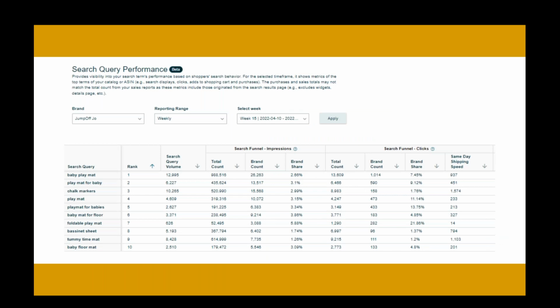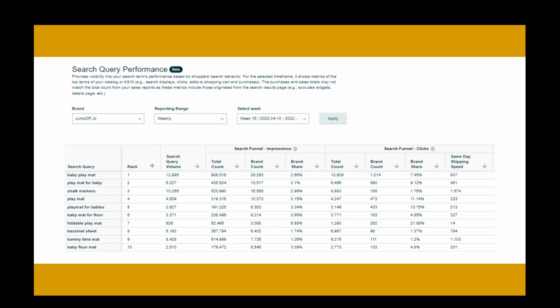Awesome. And then, as I mentioned before, this is the search query report that is in beta. Really great information that's presented on here, so we can see for a given brand just which search queries we are ranking for, what the volume of those search terms are. Again, our brand share, so how much we're showing for, and what percentage we're showing for any given search query, what percentage of clicks we're getting for any search query, and I apologize, it's cut off on the right here, but even how many add to carts we're getting for any given search query. So again, just showing here, while impressions, we can see kind of what our impression share is on there.